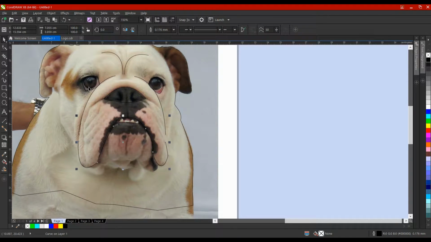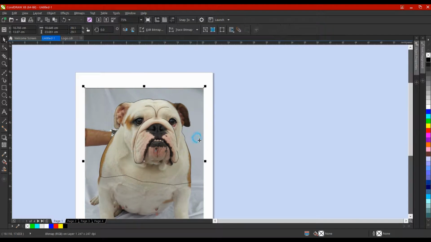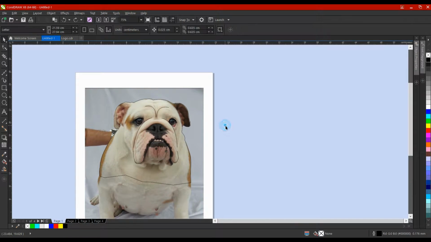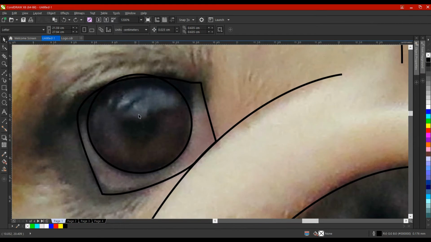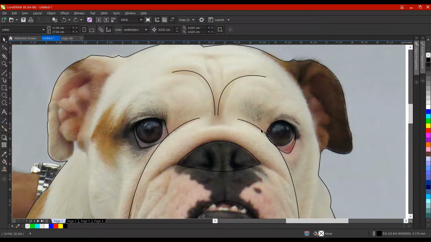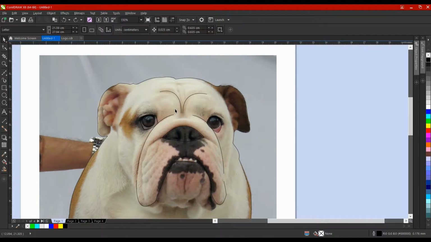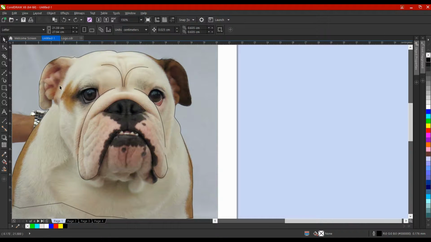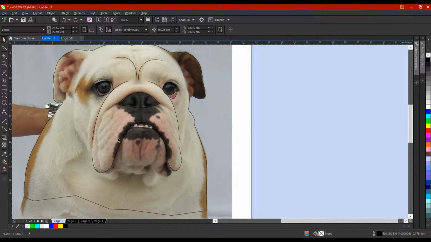Now we've got the line segments around the main features of the bulldog. If we take off the image, you should get something like this. Okay. Now before working along the eyes, because obviously the eyes don't have to be, we need to use the power clip tool here and all that stuff. So just want to show you what the next stage is. And I think before anything, what we'll do is we're going to make our own